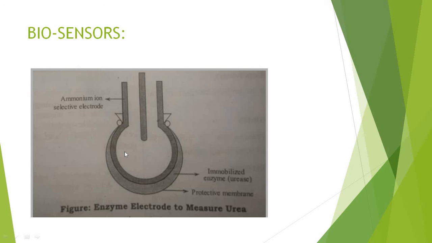Next we have biosensors. Biosensors are small devices. It is a small analytical device which we are using for the detection of chemical substances. We are using to detect different blood glucose levels in the diabetic patients, to detect the pathogenic organisms, the microorganisms, virus, bacteria, the disease causing organisms can be detected with the help of these biosensors.